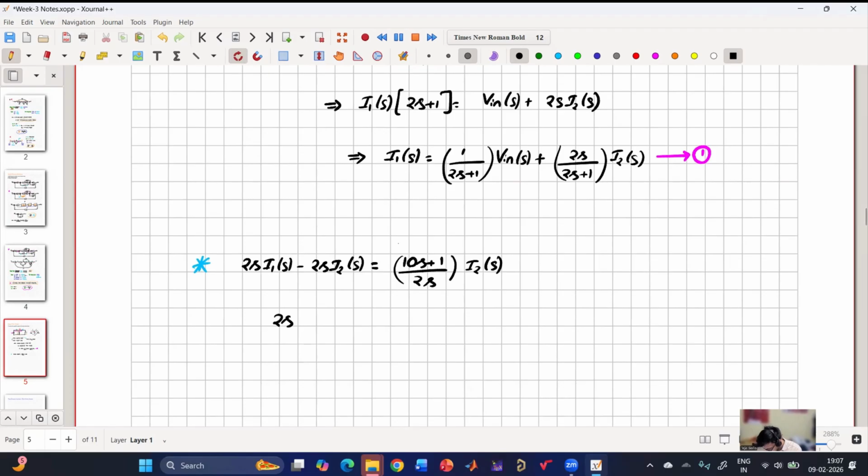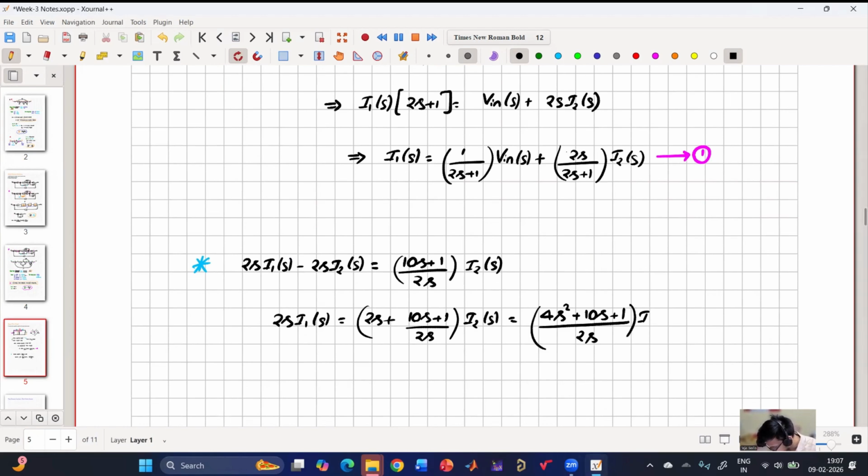Let me simplify. I'll have 2S into I1 of S equals 2S plus 10S plus 1 by 2S into I2 of S. If I simplify it, I'll get 4S square plus 10S plus 1 by 2S